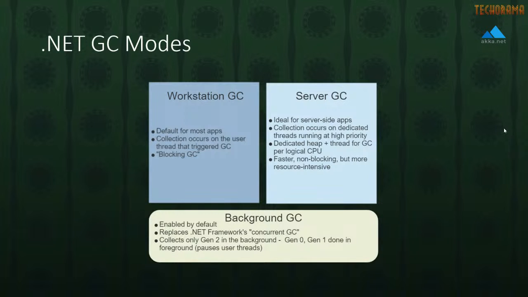However, the really big change that server mode garbage collection enables is that rather than having one dedicated GC thread for your entire process, we now have a dedicated GC thread and a dedicated heap for each logical CPU that is running inside your application. This means that when one core is performing garbage collection, none of the other cores are blocked. So what this is going to do when we turn on server GC is essentially make it so garbage collection is no longer an operation that is global. Rather, it's scoped down locally to an individual CPU in your machine. This will greatly help improve throughput and will reduce, let's say, side effects from garbage collection.